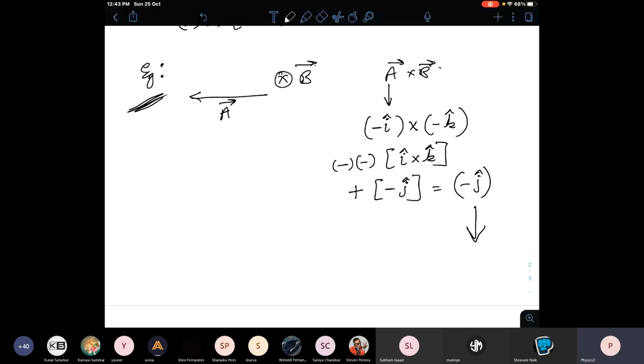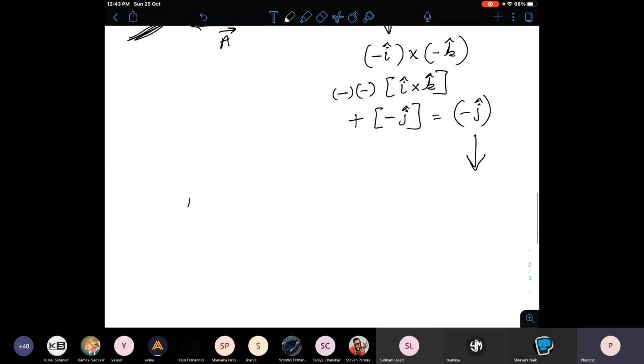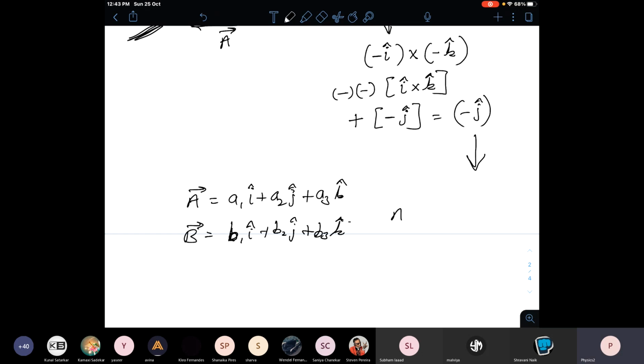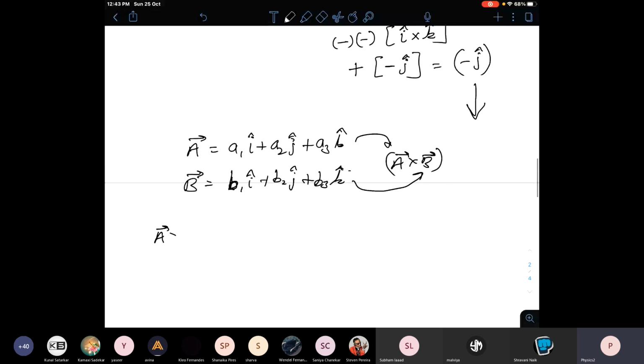What we wanted was to find the cross product of A vector with B vector. We wanted this A cross B, not single I cap and J cap and K cap. We wanted the complete set. Now see, the basics is same. What we will do is we will replace this and this over here and write it. A cross B can be written as